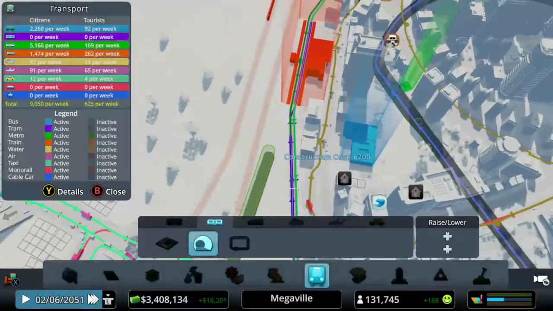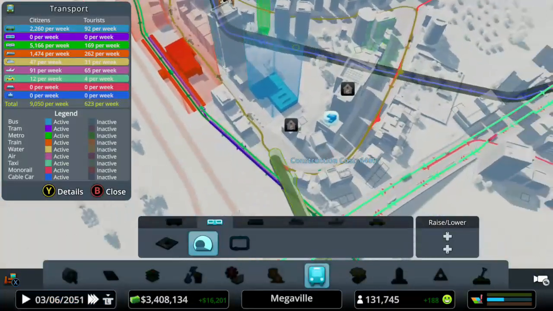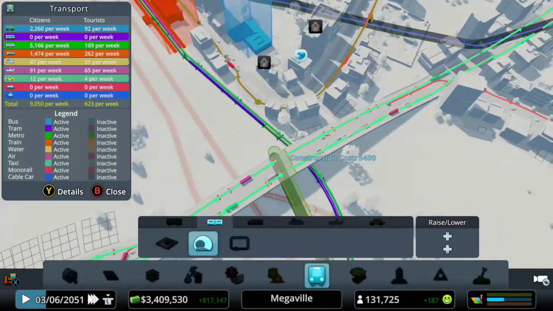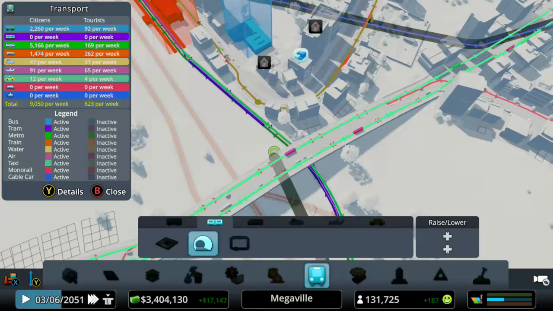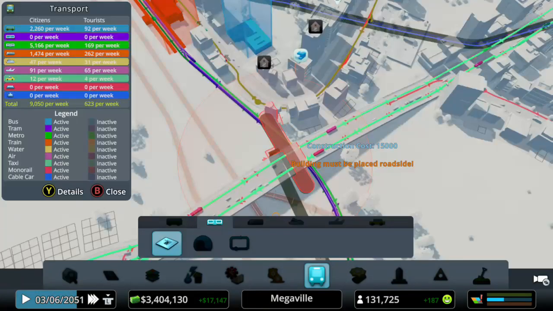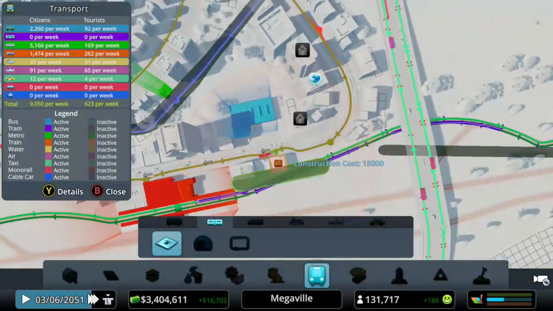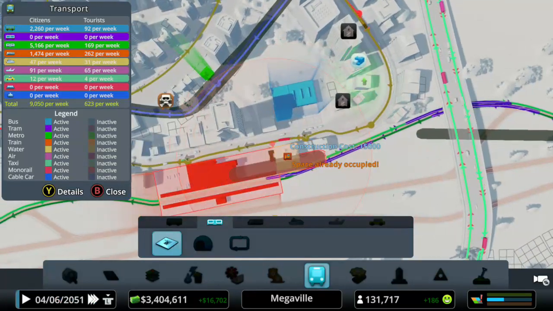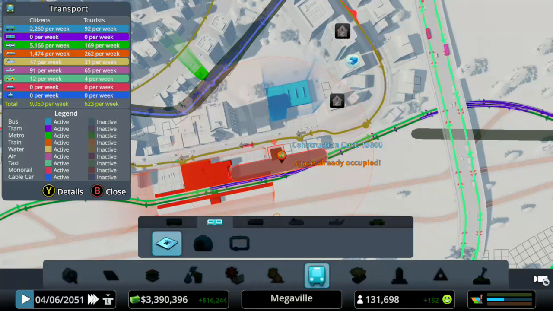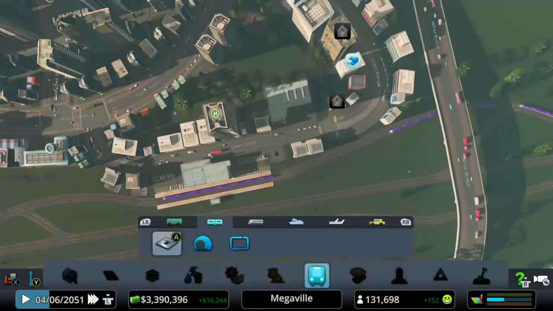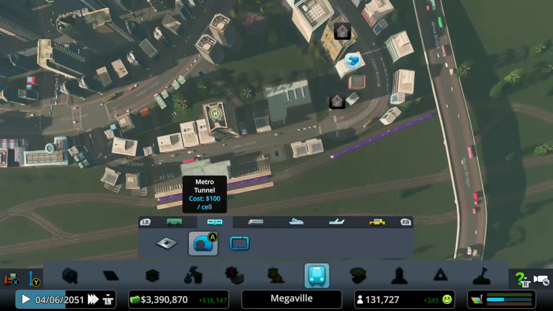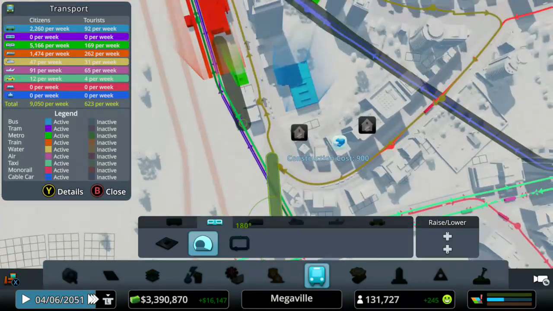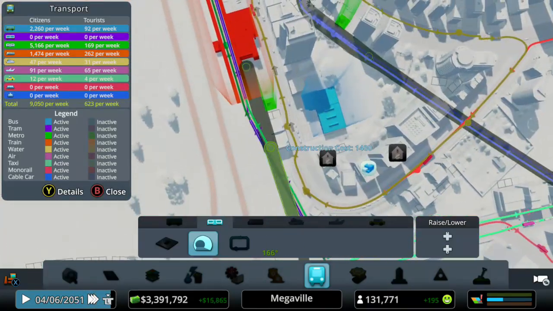So I guess we kind of want to go to like here a minute. Then put our station in. That needs to go here. As close to this one as we can get it, I think. Yeah, on the same side of the street. Back to tunnels. And then I think just connect this up. Now hopefully